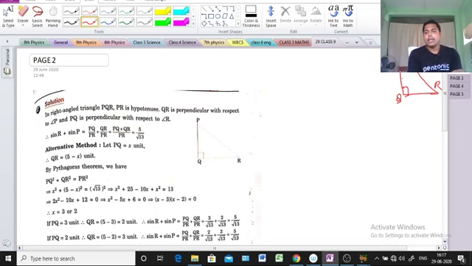Another data is also given: the sum of the two other sides, means perpendicular and base. I'm writing it shortly: sum of perpendicular and base equal to 5 units. This is the data given. We have to find out sin P or sin R, like that. So for that problem, what to do?